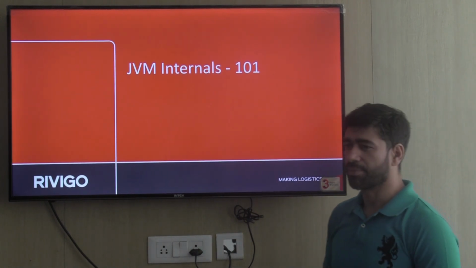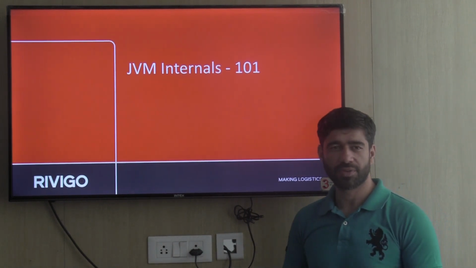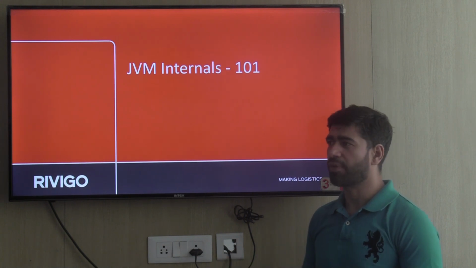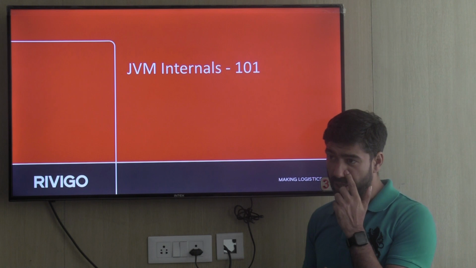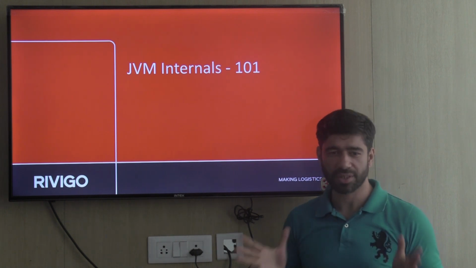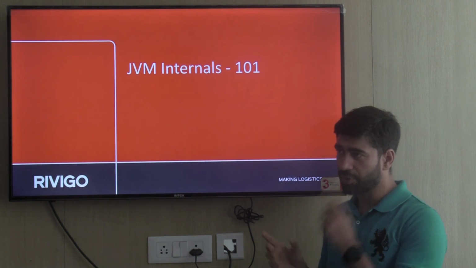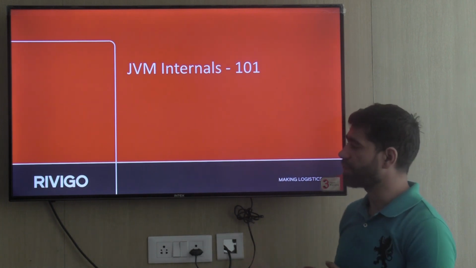Session on the JVM internals. Because we're doing it the first time, we'll not really go to very advanced levels, like how to fine-tune your GCs and all. We'll definitely have a session for that, because we want to set the context for the basics of the JVM, right? Once you guys are up to the mark with what we are doing,